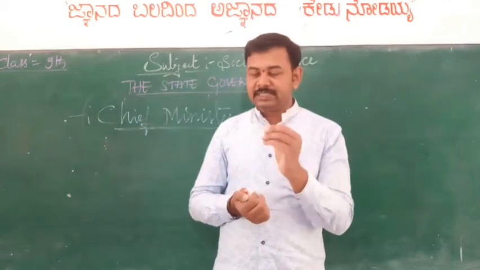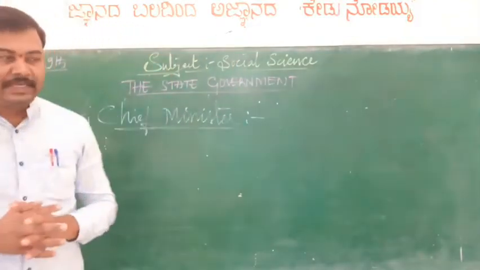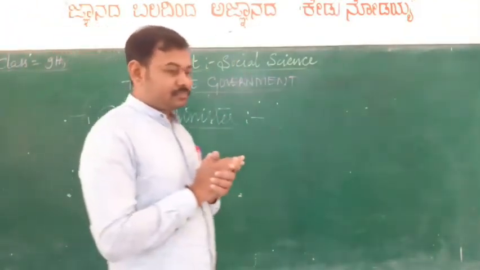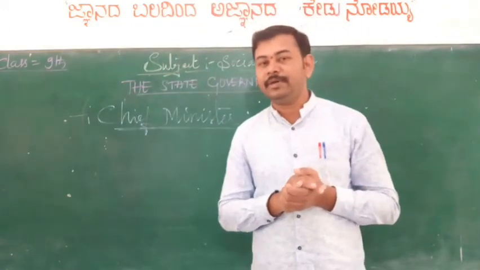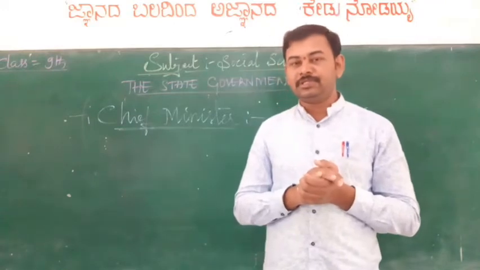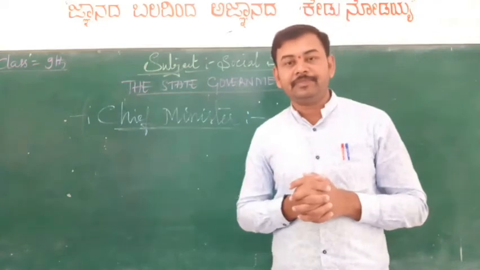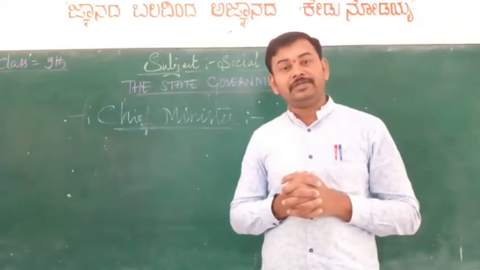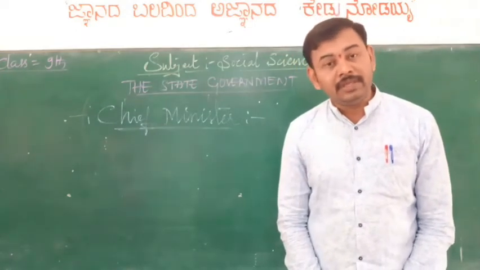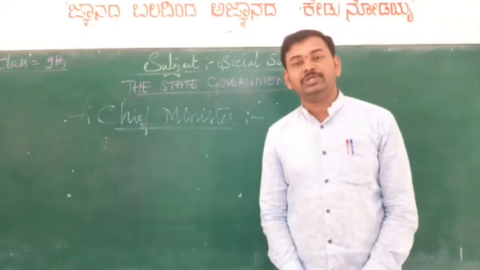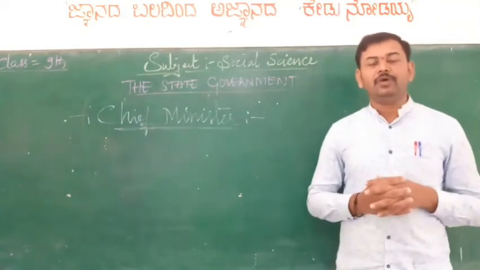Got it? The success or failure of the state government depends on his personality. Any success or any failure of the whole state depends upon the personality of the Chief Minister. That is why the personality of the Chief Minister will always be clear, because it plays a very important role in the development of the state. So that is very important. He is the head of the Council of Ministers.